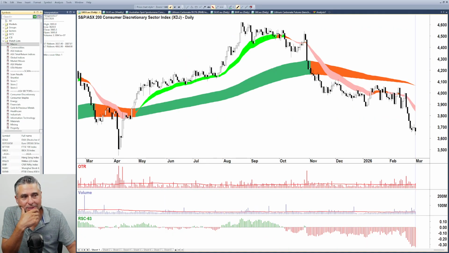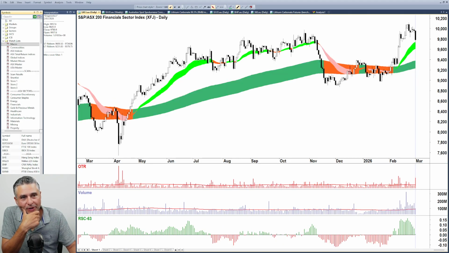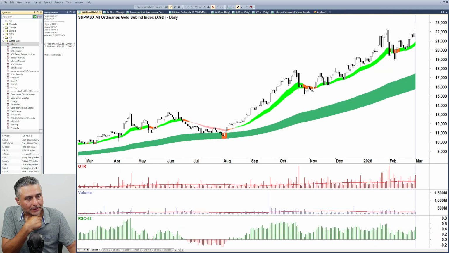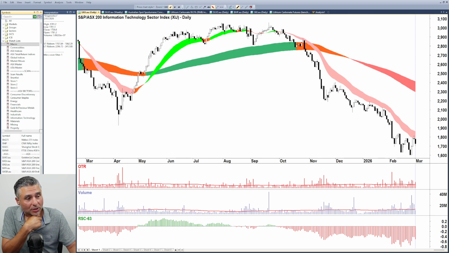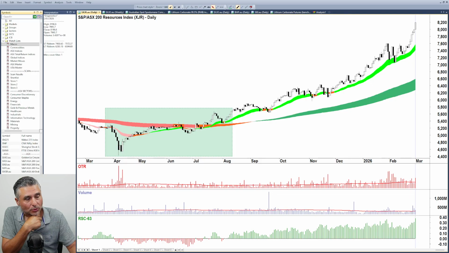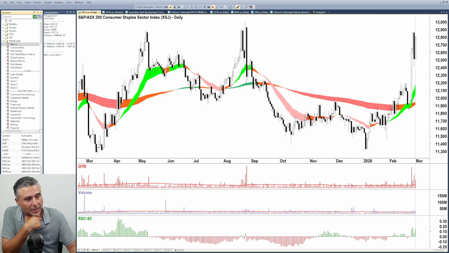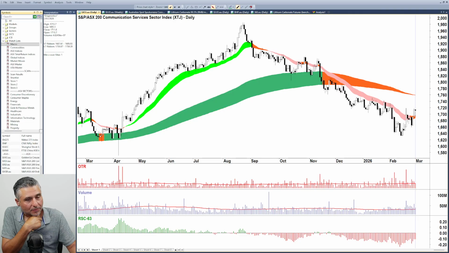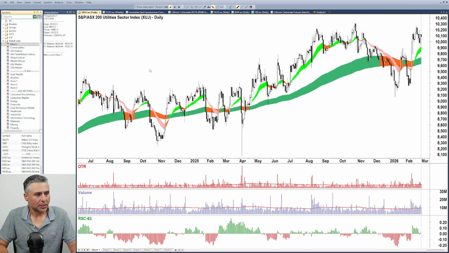If we look at some of these indices, we can see consumer discretionary, one of the nots. Energy, one of the haves, for obvious reasons. Financials, one of the nots, and that's largely to do with moves in US bank stocks on Friday. Gold, obviously, one of the haves. Healthcare, one of the nots. Technology, one of the nots. Materials and resources, definitely the haves. Property, generally a not there. Staples, that's the Woolworths move. A have, neither here nor there. That's the Telstra. That's all Telstra, that move. And utilities looks okay. A bit of an energy flavour there on utilities, of course.